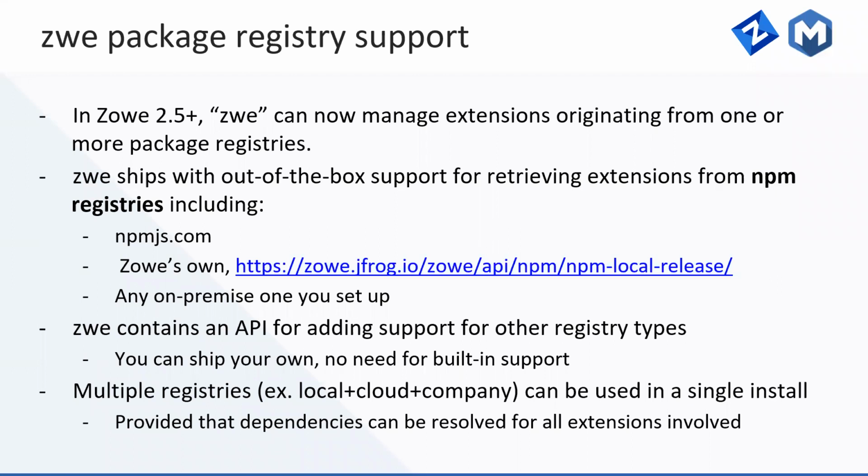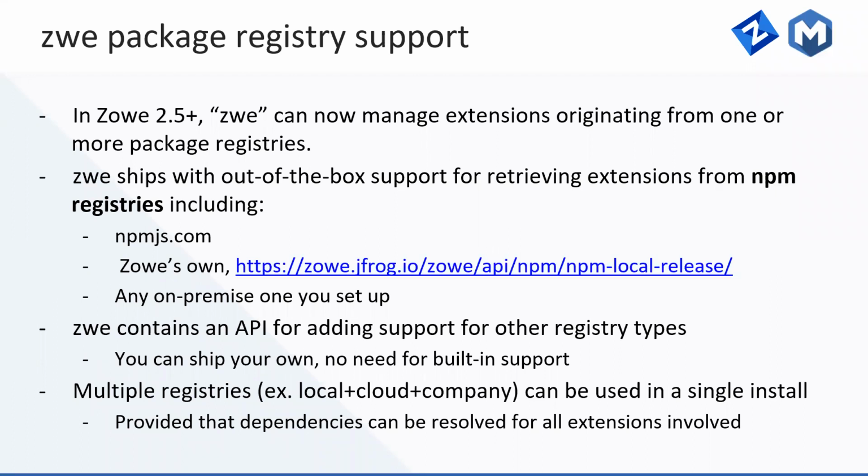Zowe, the organization, has not put anything on npmjs.com for Zowe servers at this time. We do have some stuff there for Zowe CLI plugins, but to my knowledge, the server stuff is at this point only available on the second link here, zowe.jfrog.io. You can point your NPM program at this address instead of npmjs.com to find some of the Zowe